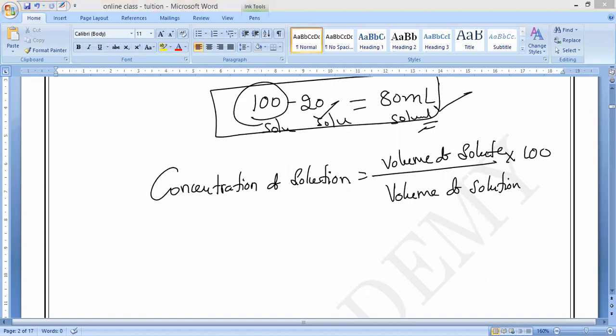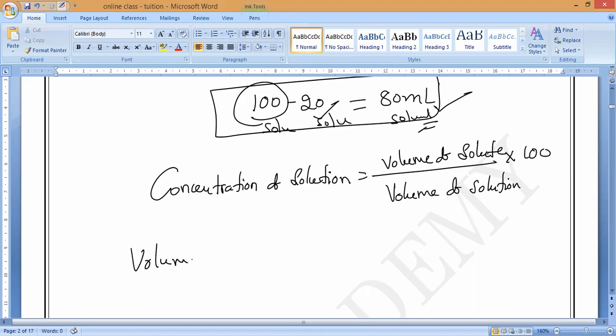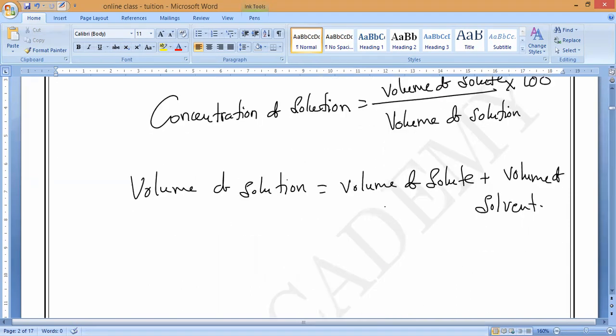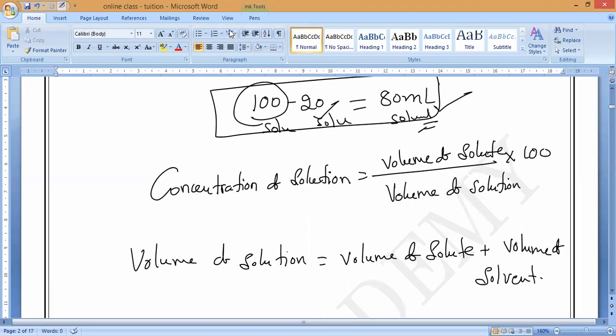Nothing else changes. Only instead of mass, volume is coming. So volume of solution means what? Volume of solute plus volume of solvent. All of you note it down till here. Any doubt? Clear? Instead of mass, if it is solid, remember all of you, if they ask you